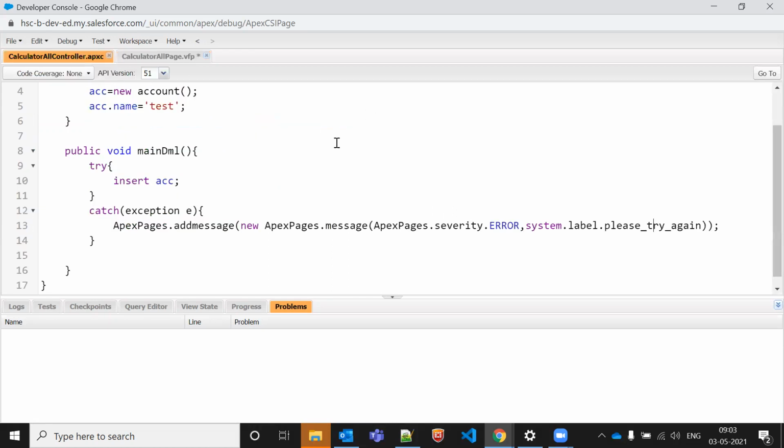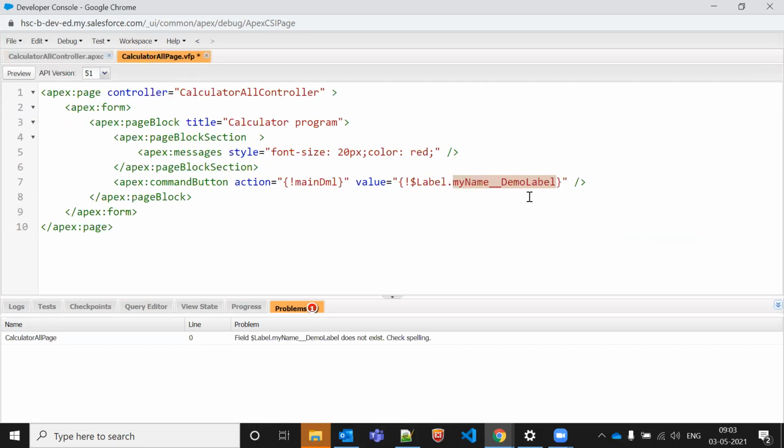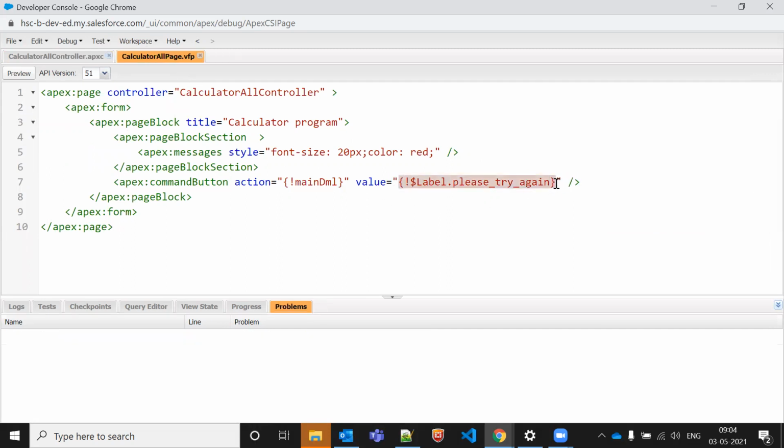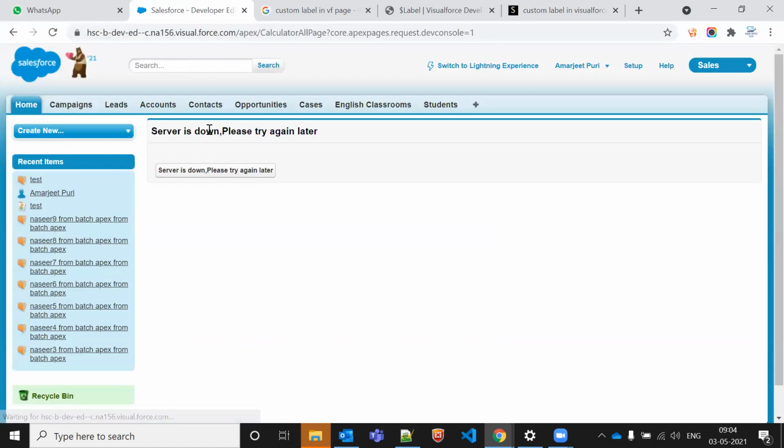So let's say I want to show this message only, means you can create your own custom label to insert the account and something like this. And similarly, if you want to add the same label, for understanding purpose I'm adding this thing. So you have to add this thing. You got it, how to add it or not? Because you have to create a different custom label and show it. So I'm saying server is down and please try again later.